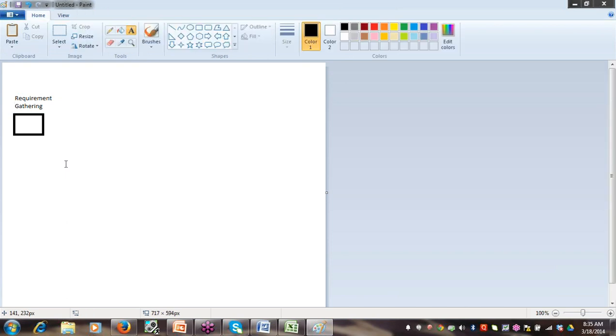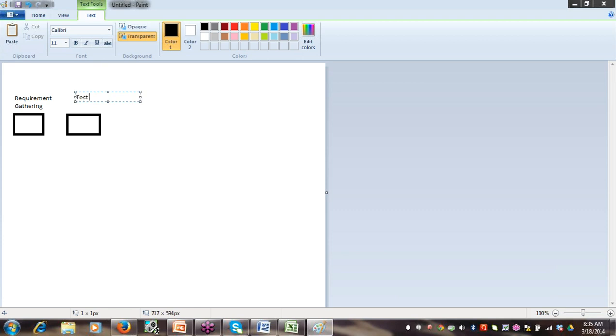Today we will just see a list of the different phases. When we start the training and focus on an actual application, we will see how we implement those phases in that application. After requirement gathering, the next is test planning,